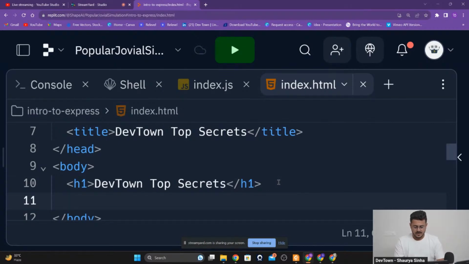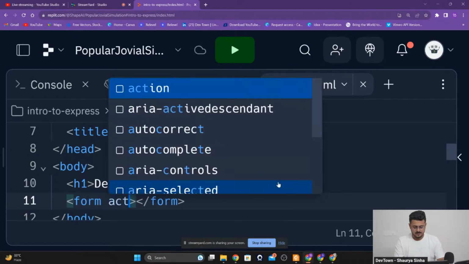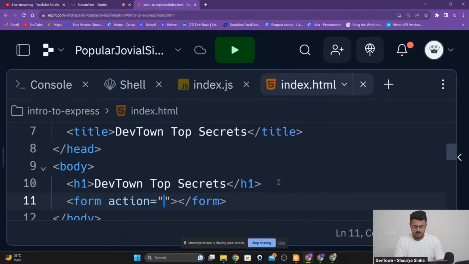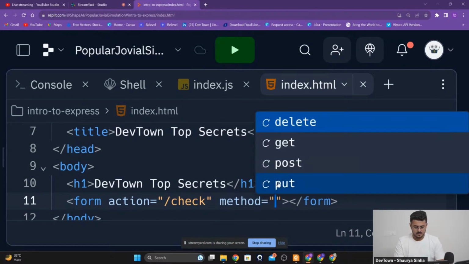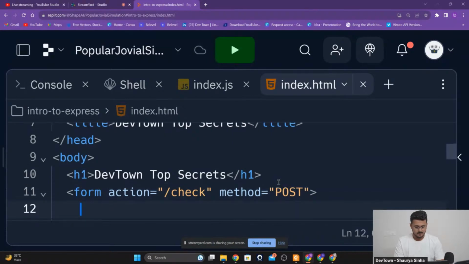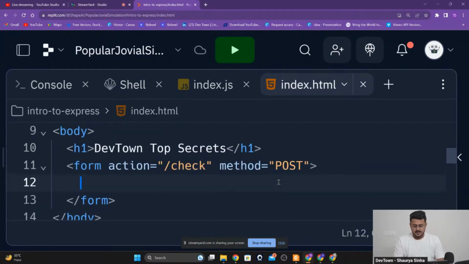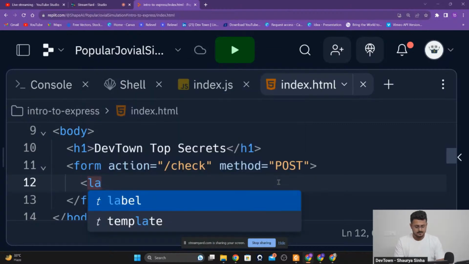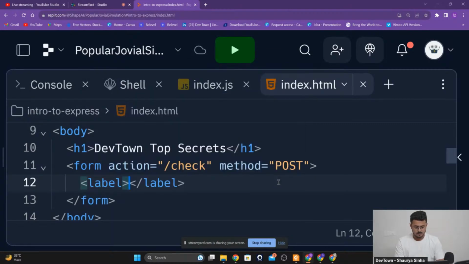Okay, we'll create a form right over here, guys, and action, we'll set it up to check, and we'll set up the method. Okay, why is the method not coming properly? Post. Okay, everything is proper. We'll set up a label, and the label will put it up for